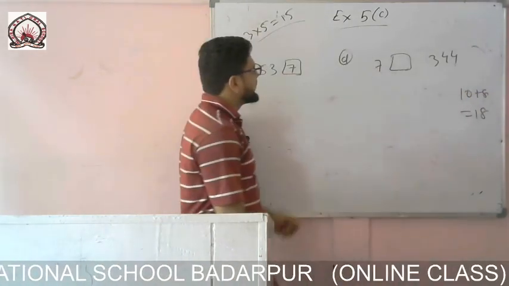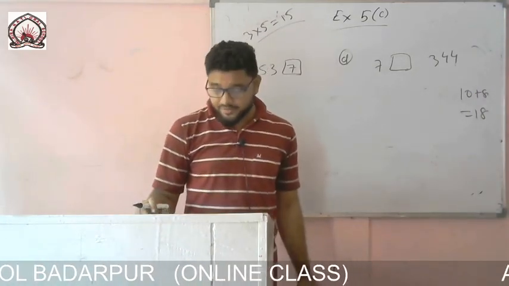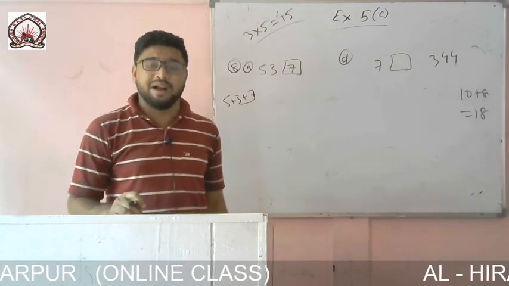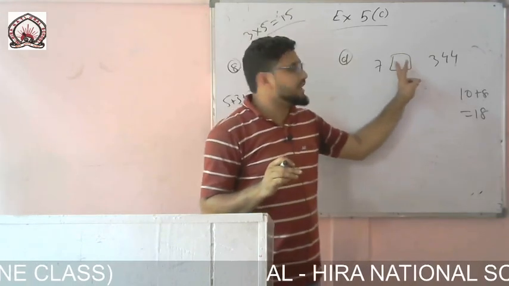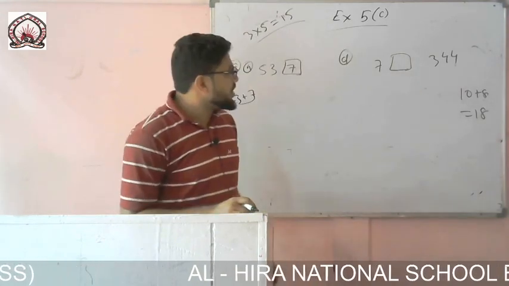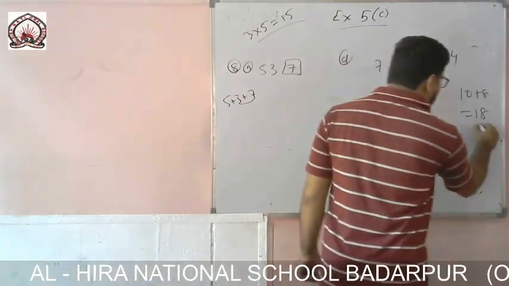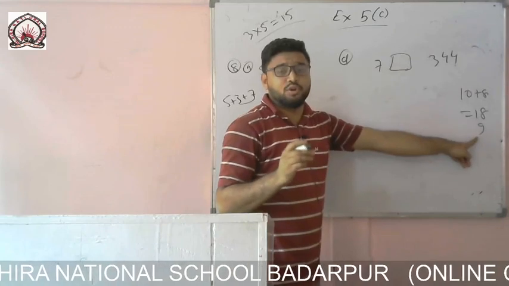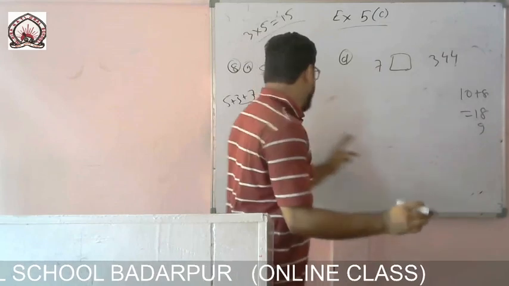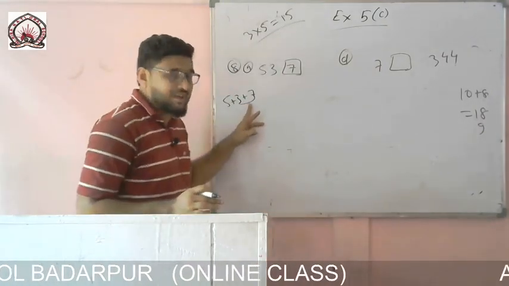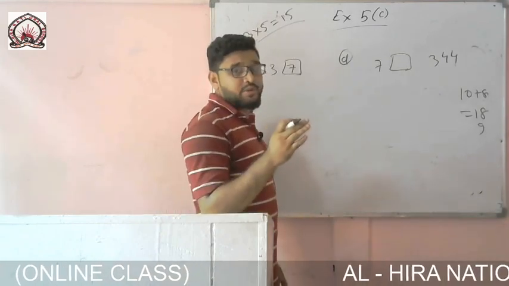18. Okay. So 18 is divisible by 3. But we need to use the greatest number here. So let us check with 9, because we need to use the greatest. We will start from 9, then 8, then 7, like this we will go. First we tested with 9, then 8, then 7, because we need to use the greatest number.